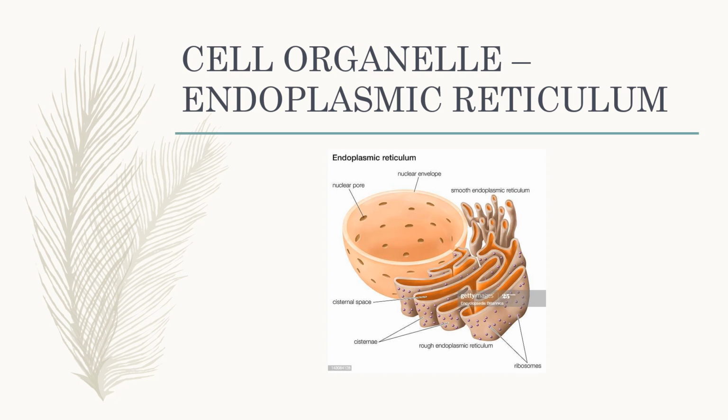Now, the next cell organelle which I will discuss is endoplasmic reticulum. In this slide, I have shown the diagram of endoplasmic reticulum. Actually, this is a cell structure which provides a pathway for the transport of nuclear material from one cell to another or within the cell. In this diagram, you can see the ribosomes, which are very important structure found in the endoplasmic reticulum.